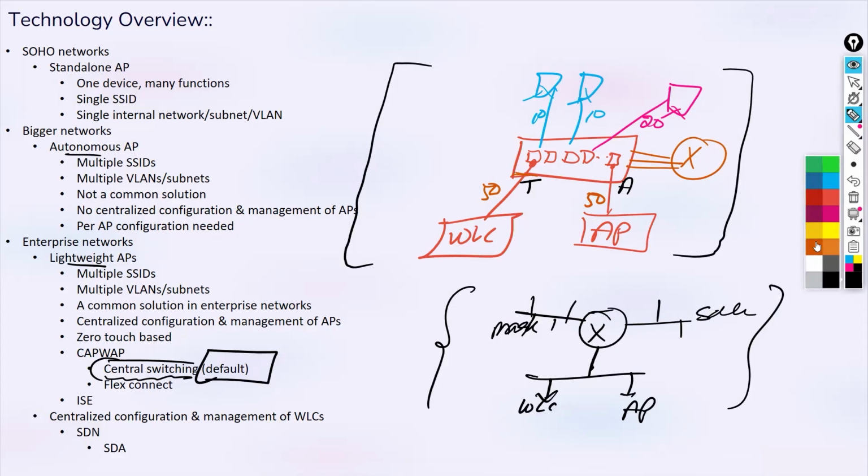See, let's say a device, a mobile phone or some PC or laptop, comes here, and this device wants to go to some device in VLAN 10 here. All right. So what will happen? Your request will go on this access interface on the switch, and then from there it will go.